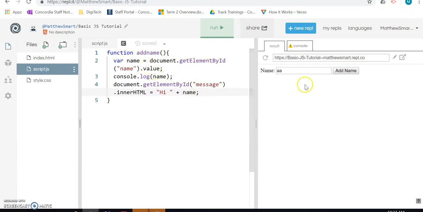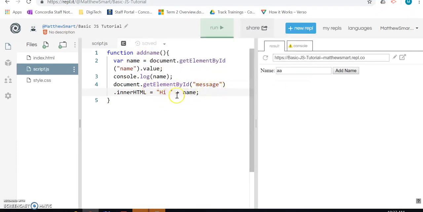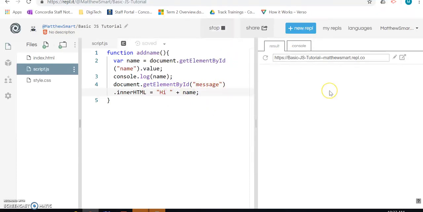So when I run the function, I'm going to click the button. It's going to grab the AA, store it in the variable name, and then it's going to go down to that paragraph area called message and print out hi AA. Let's run our code. AA, add name, hi AA. So you can see how we can really simply grab values out from a box here and then print it